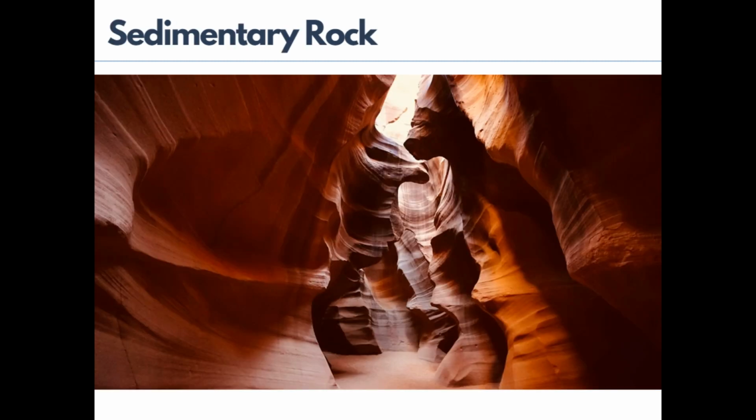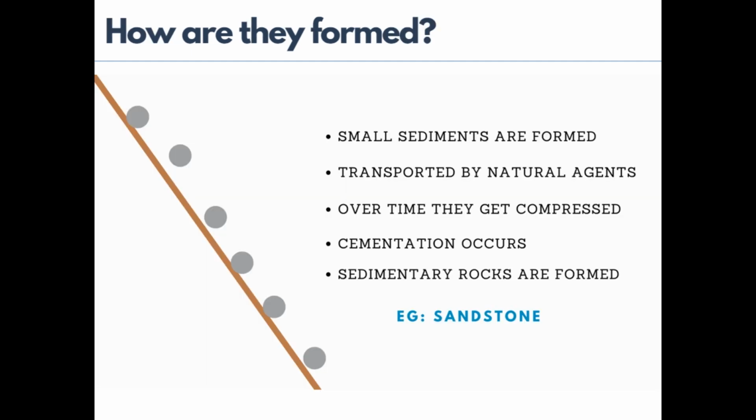This is sedimentary rock. The name says it all. It has layers of sediments. When rocks roll down, they crack and hit each other. During this process, they are further broken down into small pieces, which we can call sediments. These small sediments get transported from one place to another with the help of air, water and wind. These natural agents drop them somewhere while passing. Over years, many such sediment layers pile upon one another. A salt-like grain cements these layers over time and those are called sedimentary rocks. An example of this rock is sandstone.